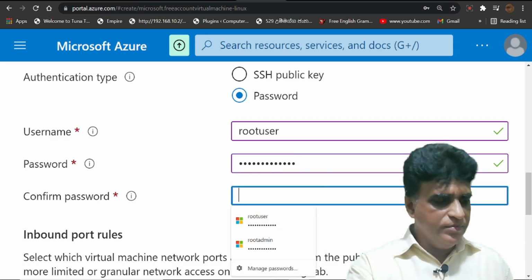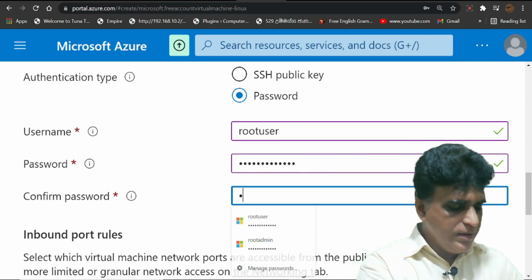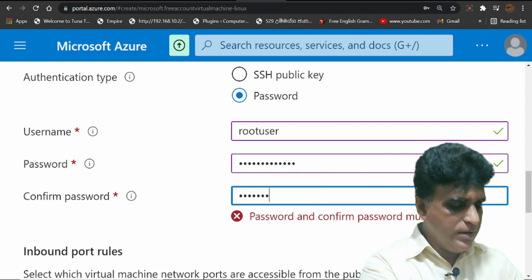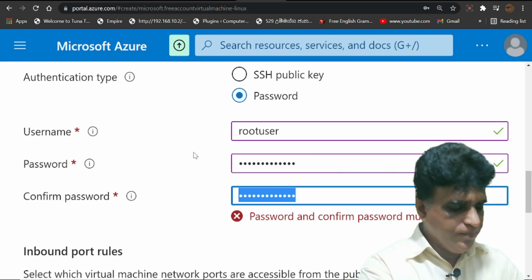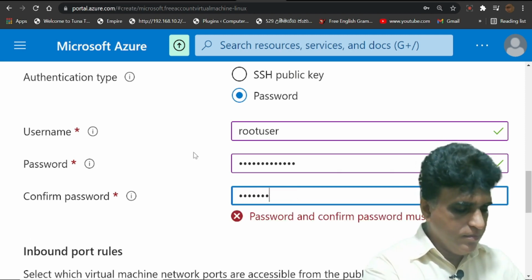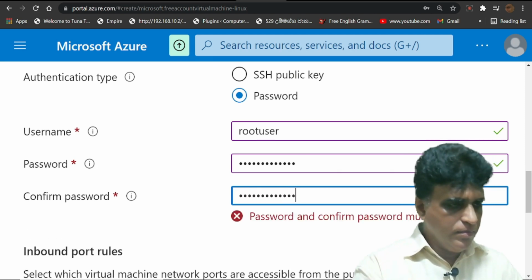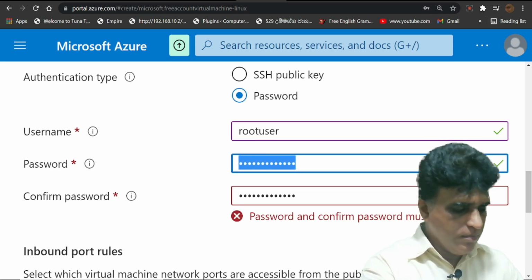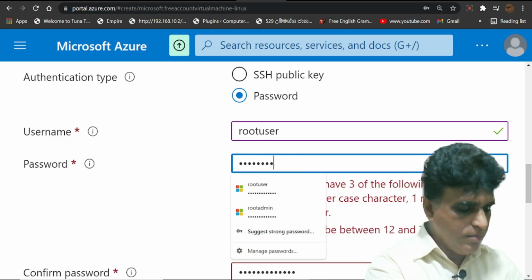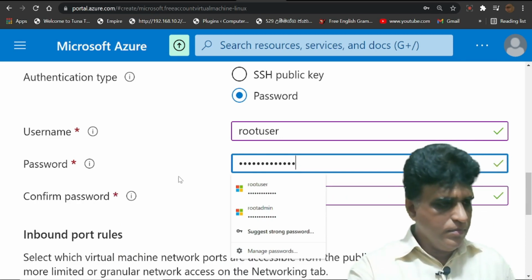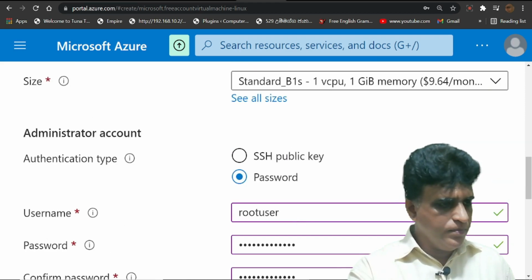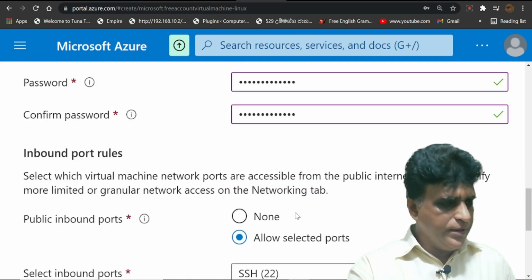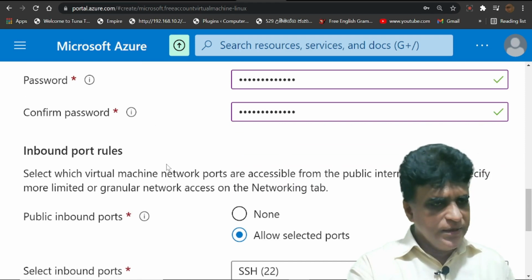Then I have to confirm my password. Right, and there are no errors.